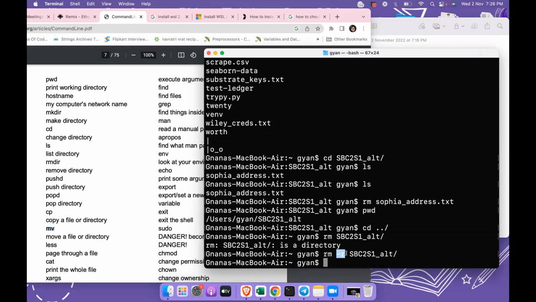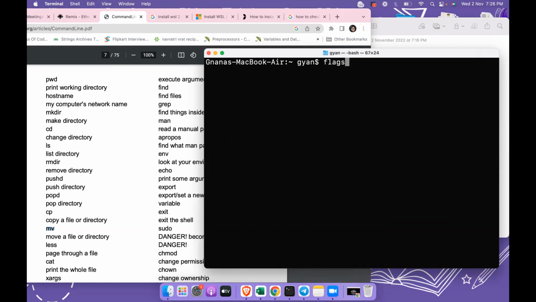So now with the rm, with every command, I want to introduce something called flags. You will read about this a lot when you are dealing with the command line. With every command on the command line that you're using, you can find associated flags that will make that command behave differently, right? Or basically these flags add more functionality to these commands. Now, -r is a flag that is used to remove directories. It actually means to remove recursively, right? So if you have directories inside directories inside directories and you want to remove everything in one shot,